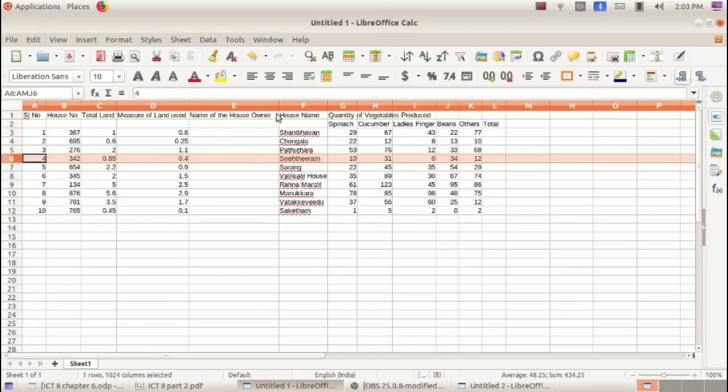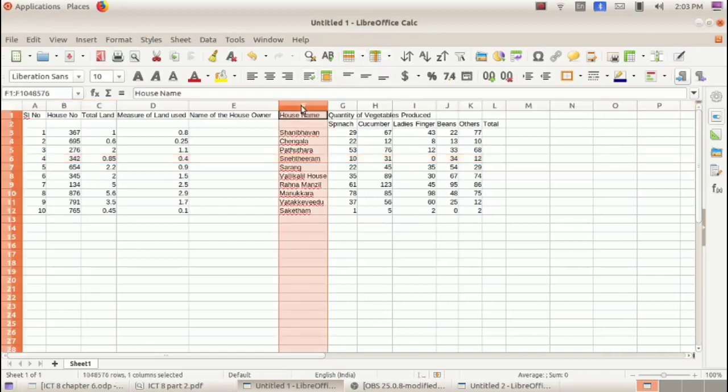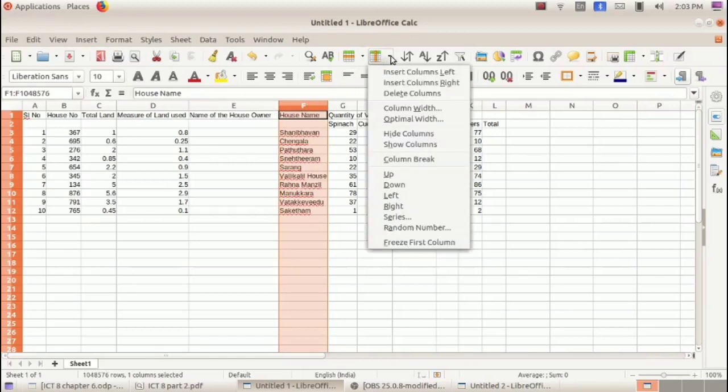Similarly, we have two buttons here. One is to add rows and the second one is to add columns. So again, select a column by clicking on the column header. Here I have selected the column F. Then click on this column button.